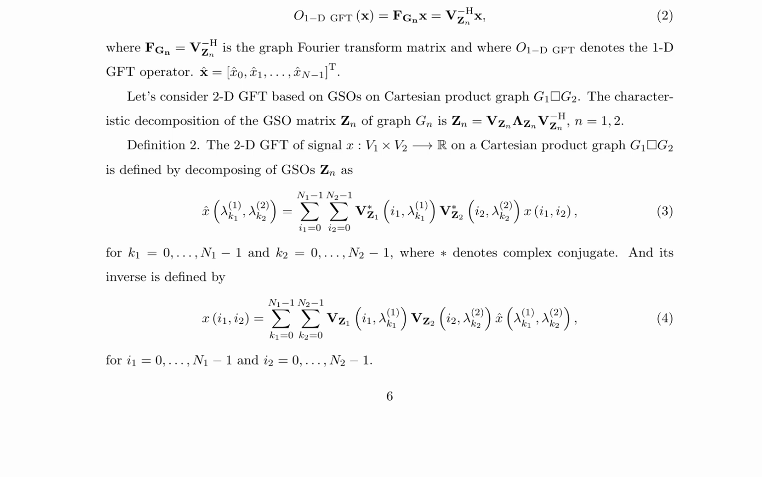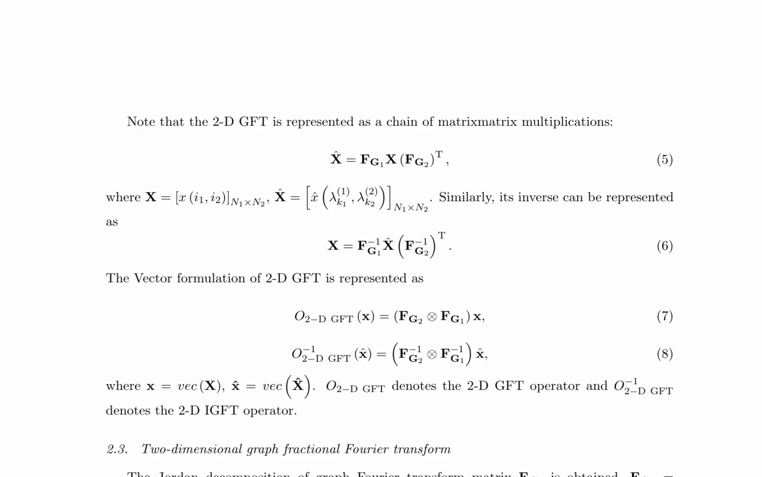V_Z1(i1, λ1,k1) V_Z2(i2, λ2,k2) x(i1, i2), where k1 equals 0 to n1 minus 1 and k2 equals 0 to n2 minus 1. The inverse 2D GFT is defined as x(i1, i2) equals the sum over k1 equals 0 to n1 minus 1, the sum over k2 equals 0 to n2 minus 1, V_Z1(i1, λ1,k1) V_Z2(i2, λ2,k2) x̂(λ1,k1, λ2,k2). The two-dimensional graph Fourier transform, 2D GFT, is a matrix-matrix multiplication chain, as shown in equation 5, where